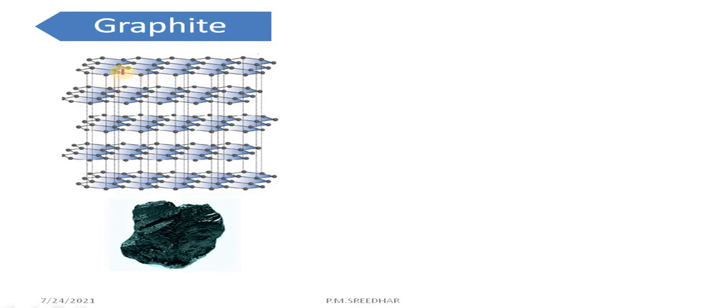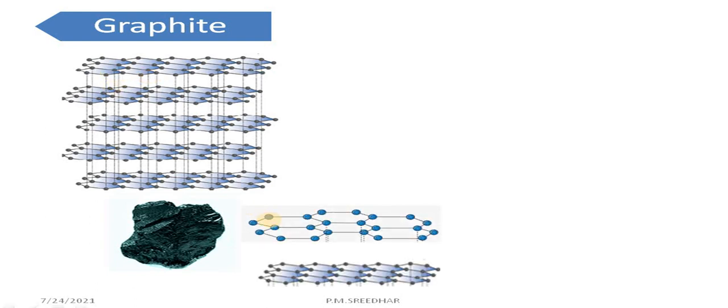Now I bring one sheet. If you elaborate, each sheet has carbon atoms in the form of hexagonal rings. You know the valency of carbon atom is 4, meaning the valence shell of carbon has 4 electrons. Out of these 4 electrons, as far as graphite is concerned, only 3 electrons are bonded to the nearest carbon atoms. Therefore, the hybridization of the carbon present in graphite is sp2. The 4th electron does not involve in bond formation. Therefore, it is delocalized. Graphite conducts electricity due to this electron.